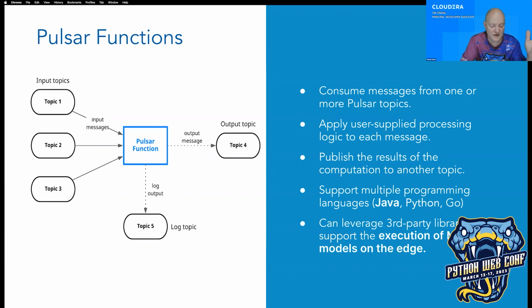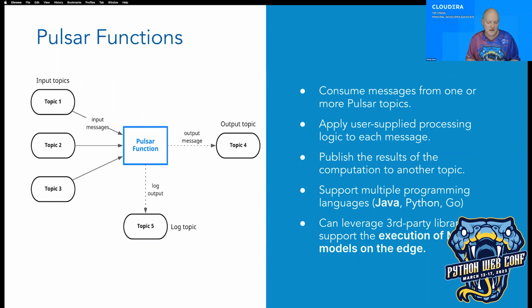And then whenever an event lands on the topic, it gets automatically sent to this function, executed within Python 3, and does whatever your function does, which could be output to the default output topic, which you could change on the fly. Pulsar can also let you create a new topic dynamically based on the data coming in and